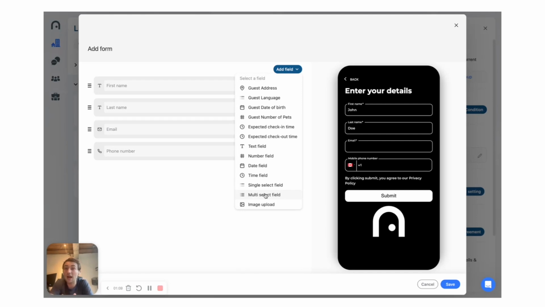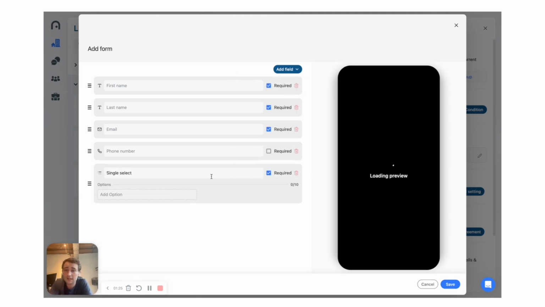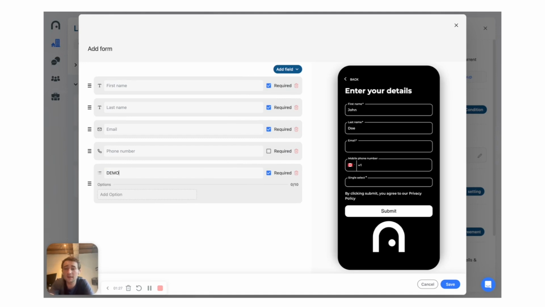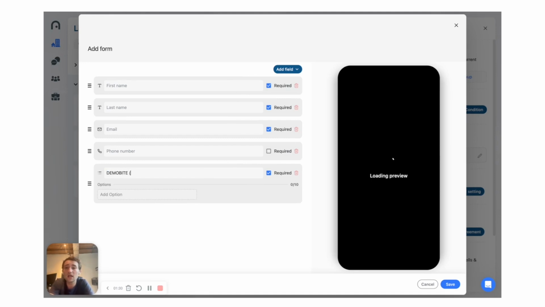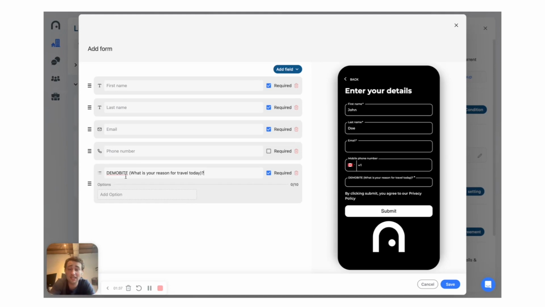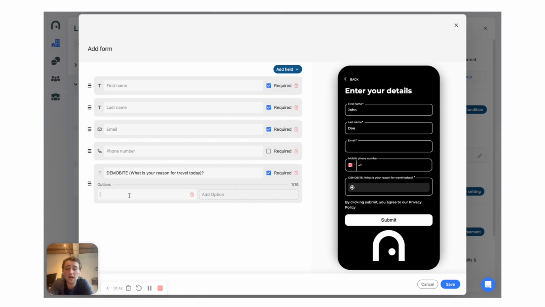So we're going to start off with the upsell component. So let's say I want to upsell a boat rental. Well, I don't necessarily want to upsell a boat rental to someone who's traveling for business. And I want to present them a different type of upsell, maybe a co-working space that I can rent out for them and so on. So you can go ahead and click this single select field. And just for the sake of this demo bite, I'm going to call it demo bite. What is your reason for travel today? And the only reason I put demo bite here is so that I can search it because I'm in a demo account. And so we have a bunch of different examples we've been using. And we're going to put pleasure